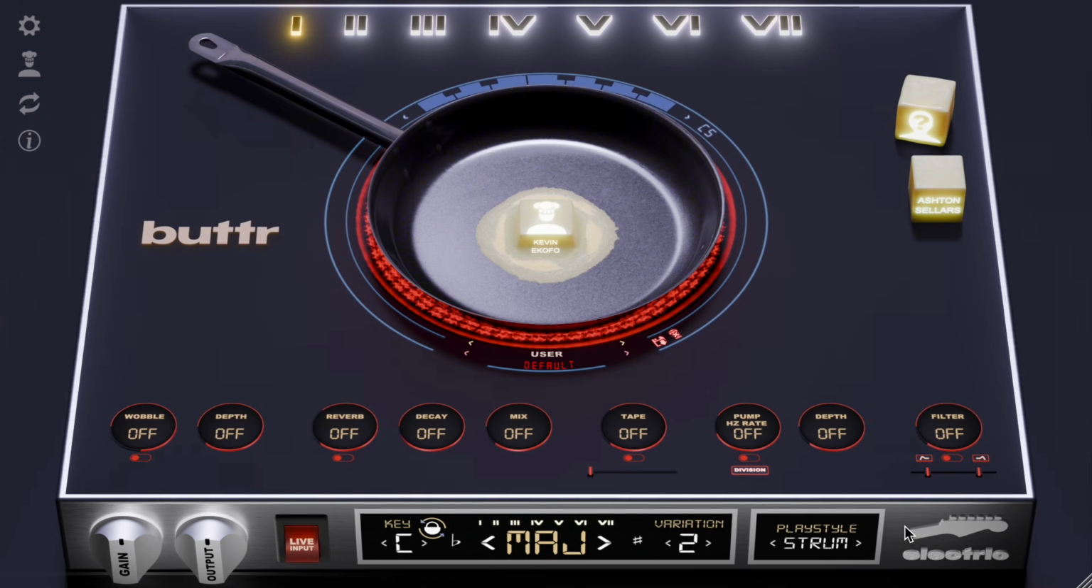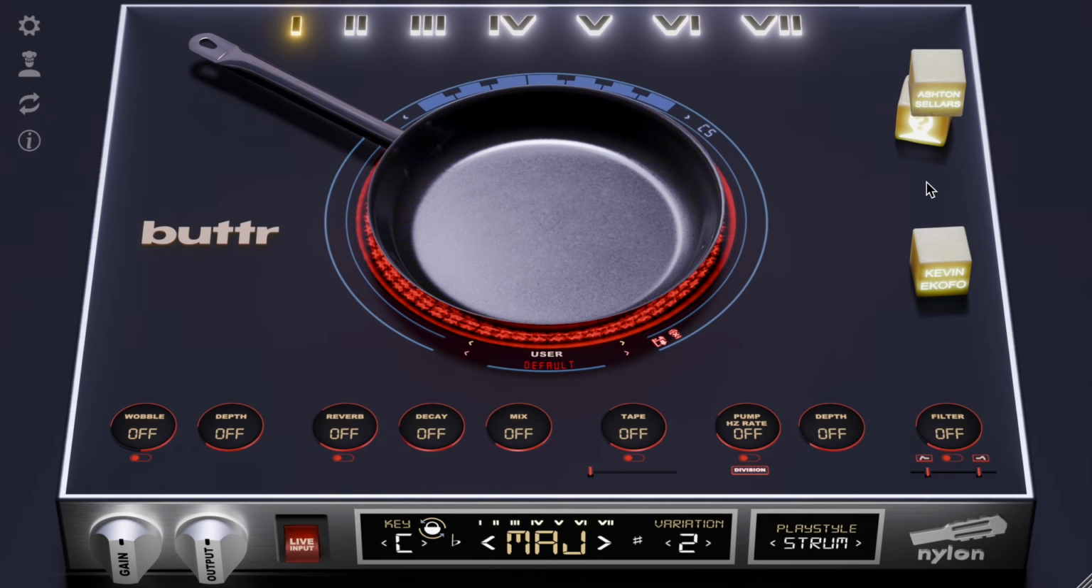Go down to your bottom right and you've got which style of guitar you want. So let's go back to me. You might want nylon. You can choose your play style here, whether you want strum or pluck. You can choose which variation,